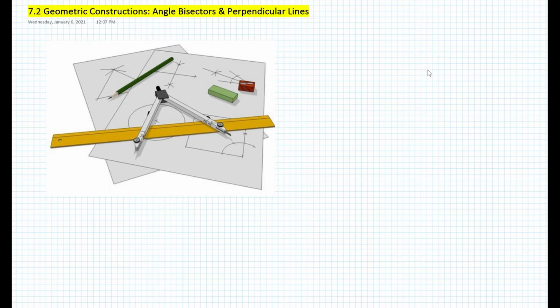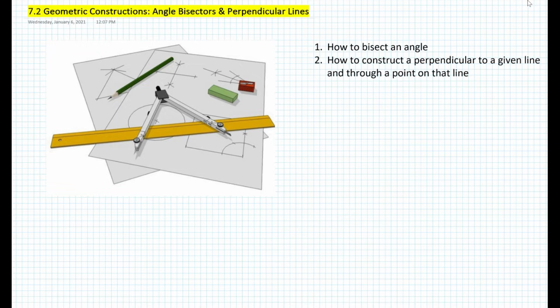In today's lesson, we will be learning about geometric constructions, specifically how to bisect an angle and how to draw perpendicular lines. So we will be learning 4 constructions in today's lesson pertaining to angle bisectors and perpendicular lines. The first construction is how to bisect an angle. The second construction that we will be learning,